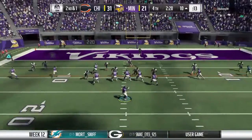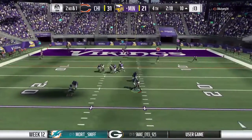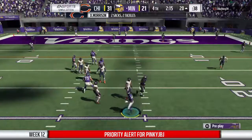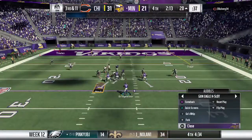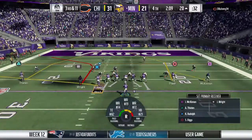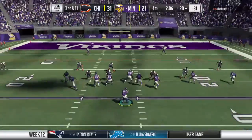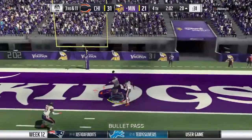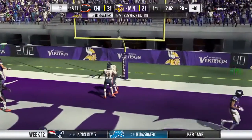Let's go. Out of the gun, Bridgewater. And no escaping this time as he'll go down. They got him for a sack. Brandon, I think you understand the type of afternoon this offensive line is having. It is a long one for them. Long for you to spend it with me. Long for them trying to block those guys. They've given up a whole lot of sacks, and the speed and quickness of that defensive line is eating them